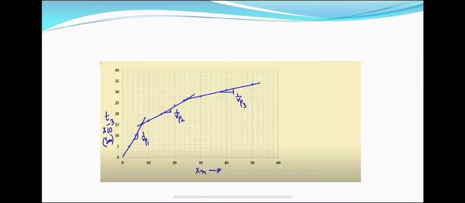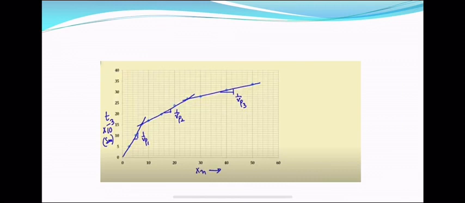So from this curve, from this test data, we can determine the slopes, the first given by 1 by Vp1, the second by 1 by Vp2, and the third by 1 by Vp3. Now we have done the calculation, and from the slopes we get that Vp1 is equal to